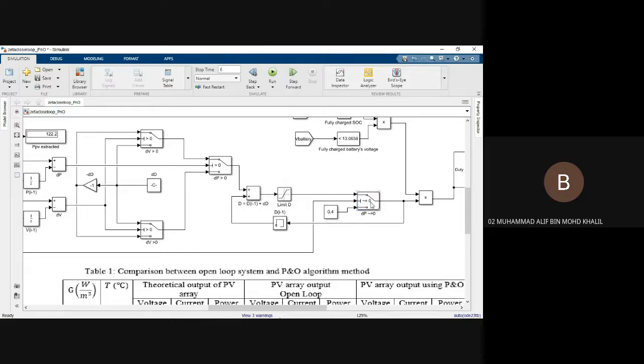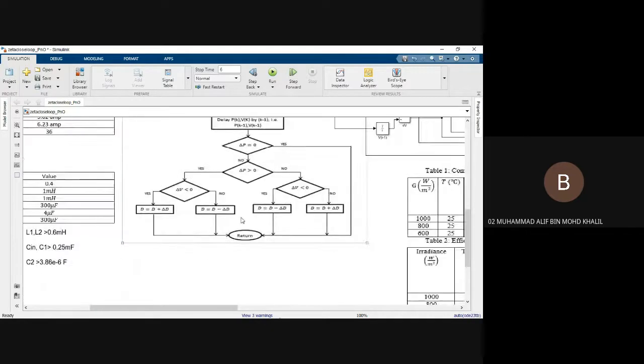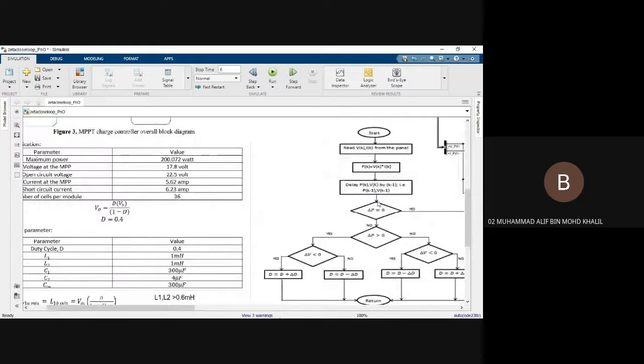Okay, if it's not equal to 0, then it will get the input from here, the delta, from the P&O algorithm. If it is equal to 0, then I set it to 0.4, meaning that this is just to state the initial duty cycle for the system. Since the duty cycle that we need is 0.4 for it to